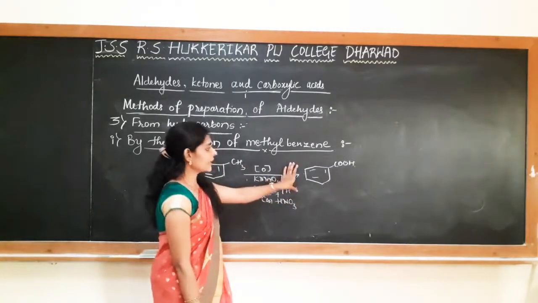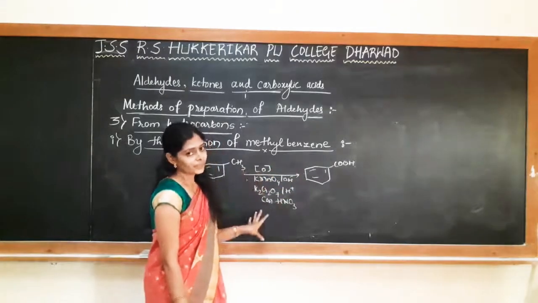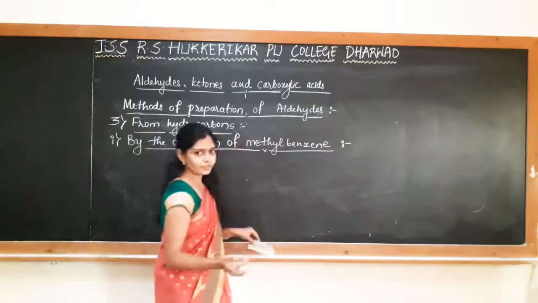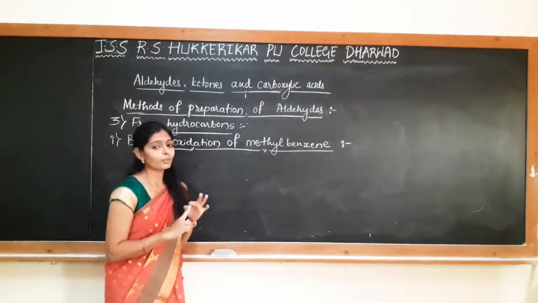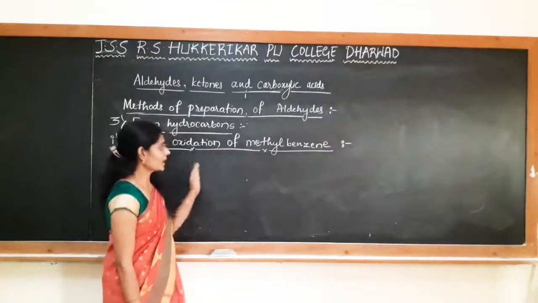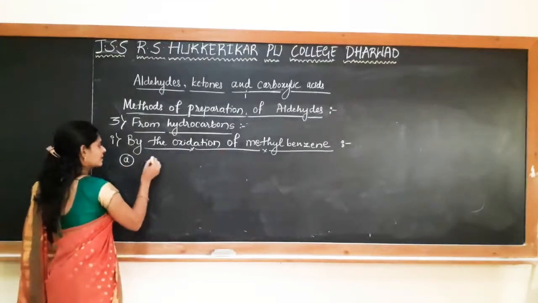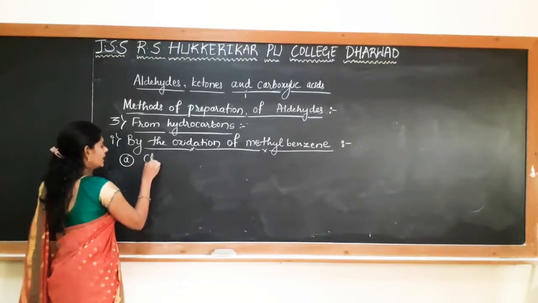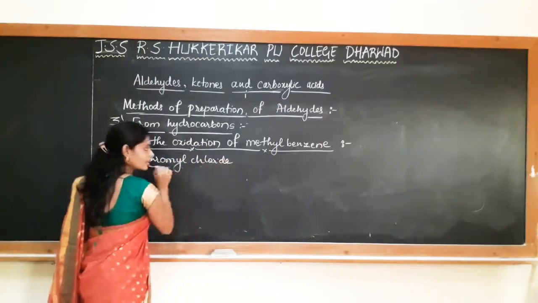So to get the aldehyde stage, or the benzaldehyde as a product, we have to use mild oxidizing agents. The mild oxidizing agents used here are chromyl chloride, aqueous, that is one reagent we can use. Another one is chromic anhydride or chromic trioxide in acetic anhydride. That can be used as an oxidizing agent to oxidize toluene to the benzaldehyde. See the first one, that is by the oxidation of methyl benzene with chromyl chloride. Okay, chromyl chloride is the mild oxidizing agent used.